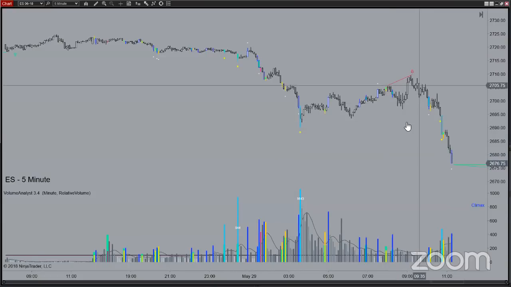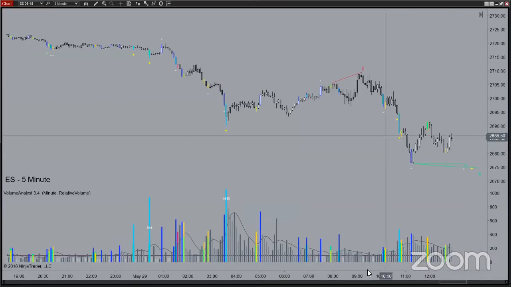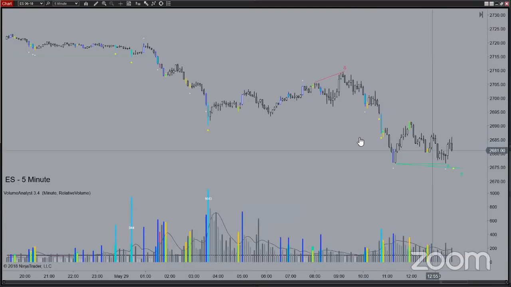You're not going to buy it when it looks like that, but you're pretty close to those areas at that point. You turn back up. You put in that really nice churn bar right here. Pretty obvious sign of supply coming in there. It does turn back down. You get another little churn bar here at the low, and it does turn back up a little bit